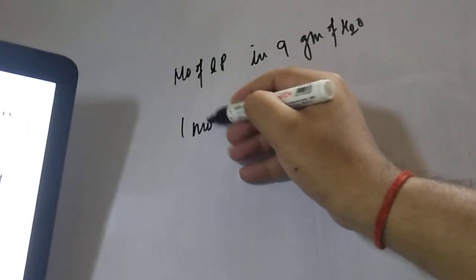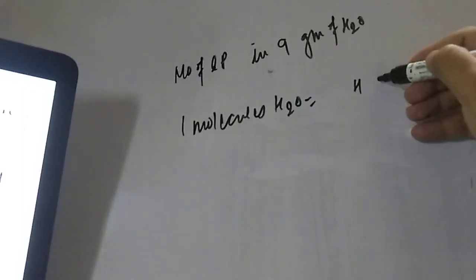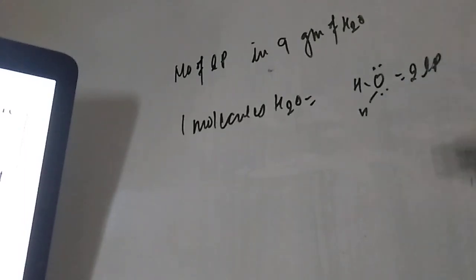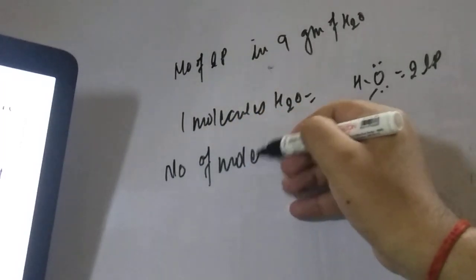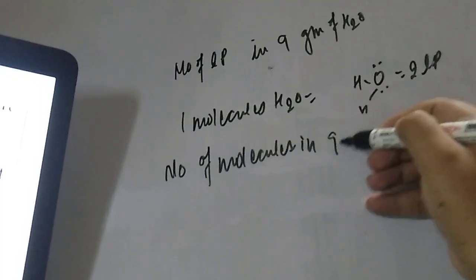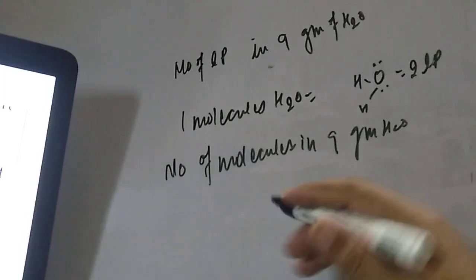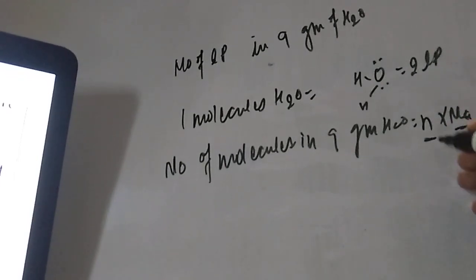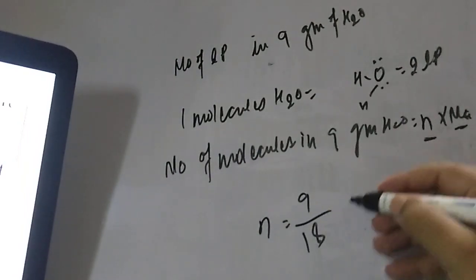So one molecule of H2O has how many lone pairs, students? HOH is here, so that is 2 lone pairs. Okay, so the number of molecules in 9 gram. How to calculate the number of molecules in 9 gram H2O? Firstly, N into Na is the formula for the number of molecules. Na is the Avogadro number, and N is the mole. So N, the mole, is equal to the given mass 9 gram upon molar mass 18, which is equal to